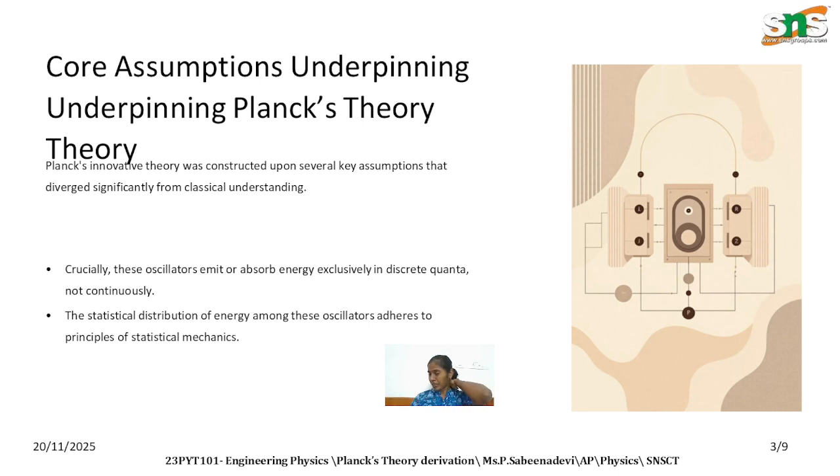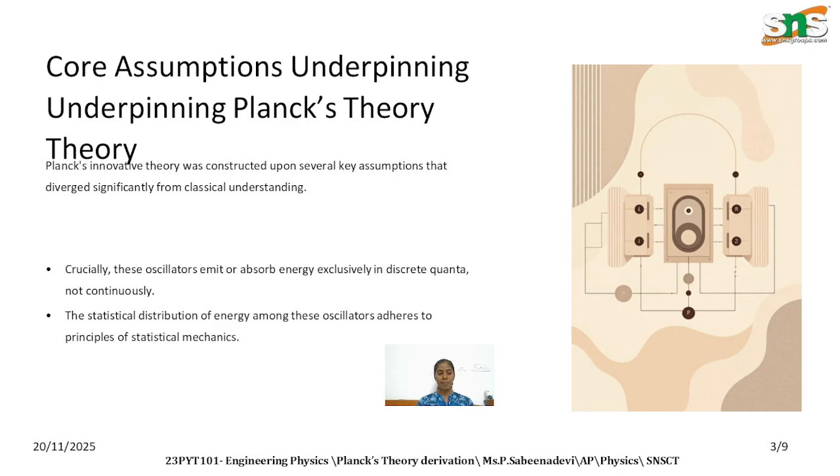In a black body, after absorbing the radiations, the atoms behave like oscillators, right? They have a characteristic frequency of oscillation. According to Planck's theory, he assumed some points. The energy is not emitted or absorbed continuously. The energy is only emitted in packets of energy, so it has discrete values, not continuous values. Energy is exchanged in discrete packets.